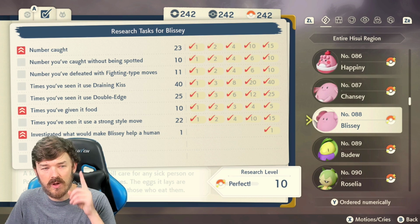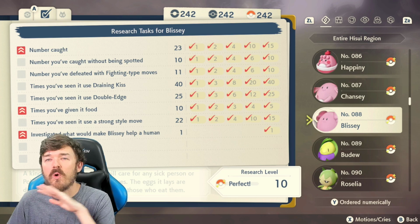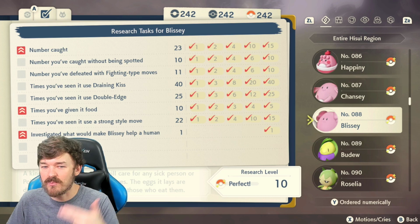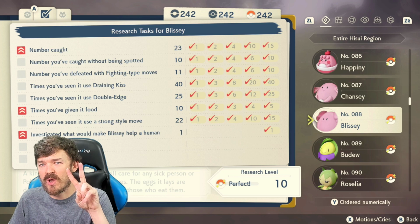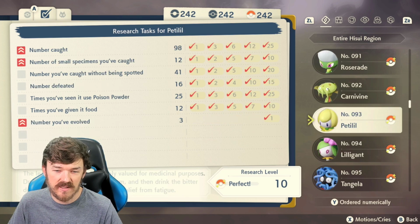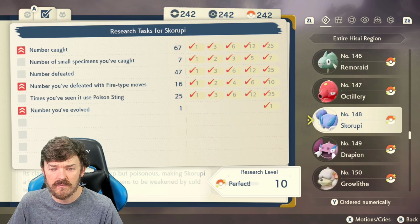Another one before I go, I'll give you one last tidbit. Catching Blissey without being spotted took forever because Blissey doesn't like to get caught, and once it bounces out of the Pokeball, it spots you, and then you have to start the process over. So I did that in Alabaster Icelands where there's 2 Blissey spawns that are always there, and it took me ages as well. So basically this whole thing, it was guaranteed over 100 hours to get all of this done,